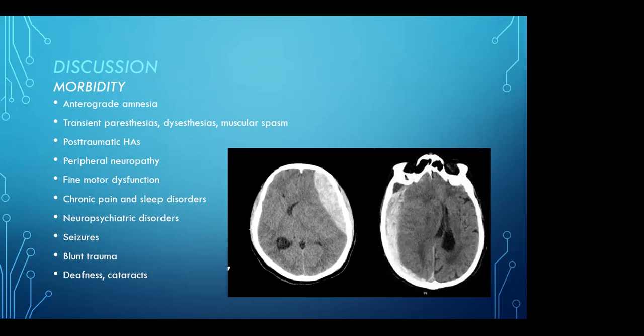They can also get post-traumatic headaches, which can last for months. They could get chronic peripheral neuropathy, motor skill dysfunction, chronic pain syndrome, sleep issues, and then neuropsych issues like depression or PTSD, which again could just be postpartum depression, but it's a possibility that this was precipitated by